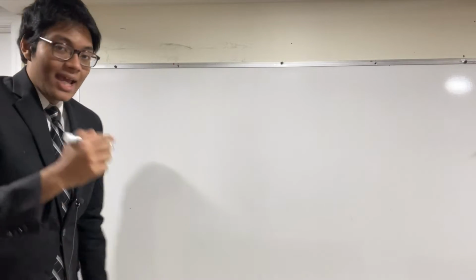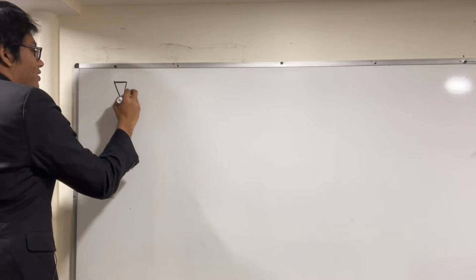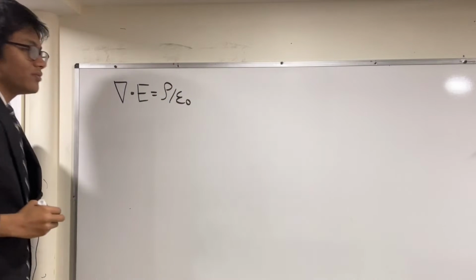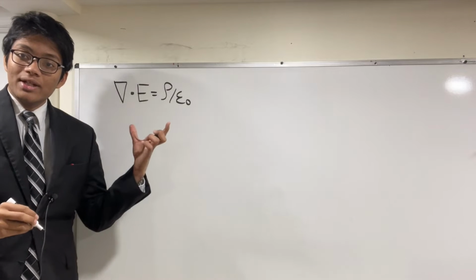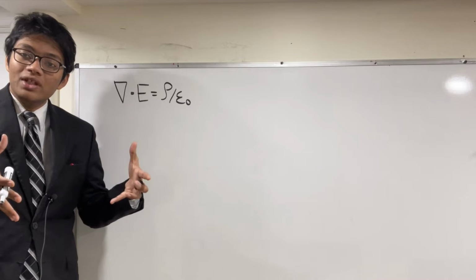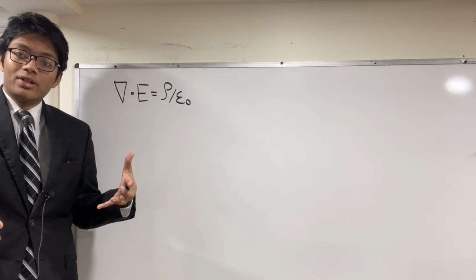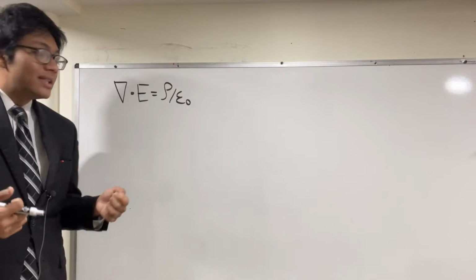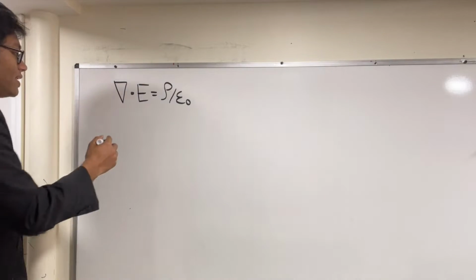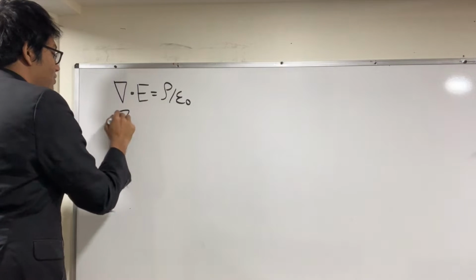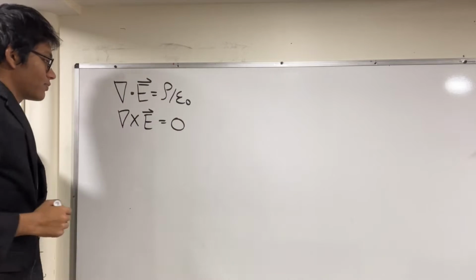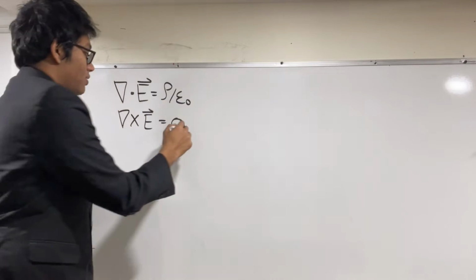So let's begin at the beginning, which says that the divergence of the electric field is the volume charge density over epsilon naught. This right here is Gauss's law. It basically tells you that if you know how much of the electric field penetrates a certain Gaussian surface, then you should know how much charge is inside that surface. Now from this, we also had another formula, which was that the curl of the electric field is 0. From this formula, we got that